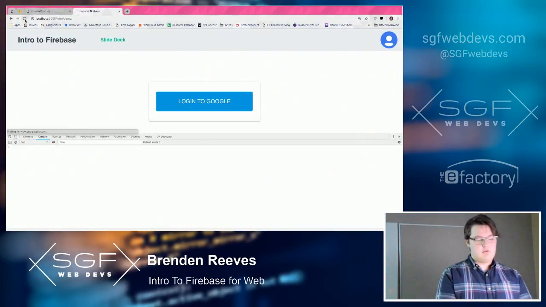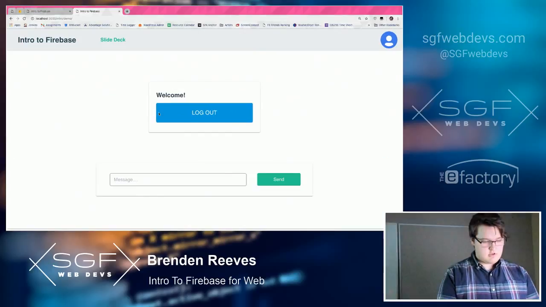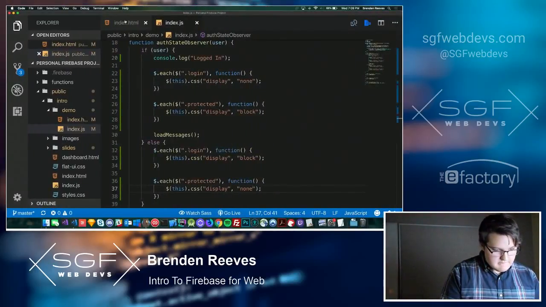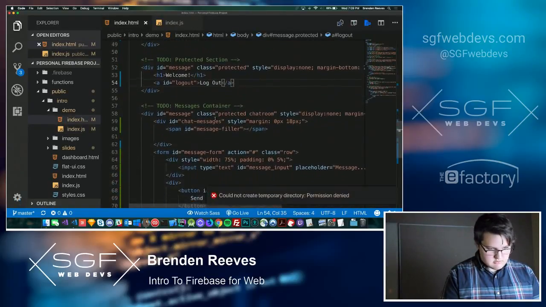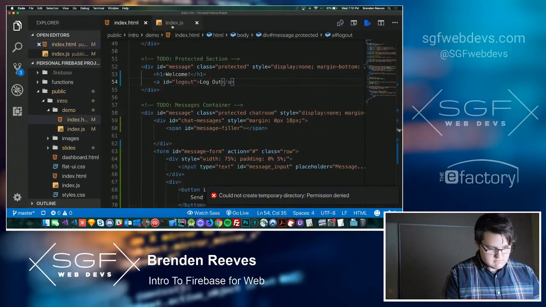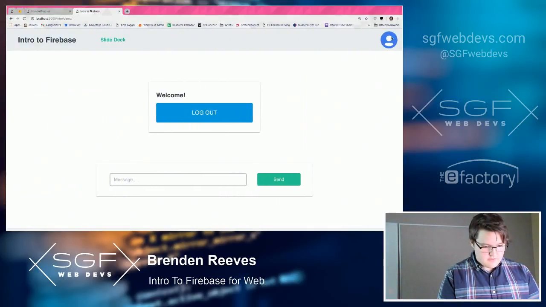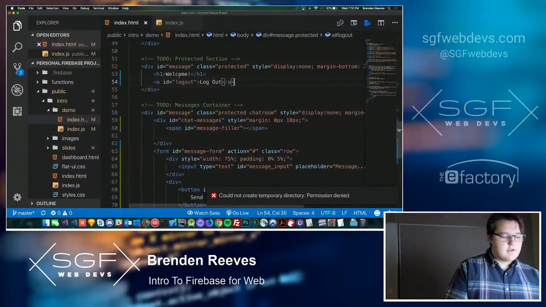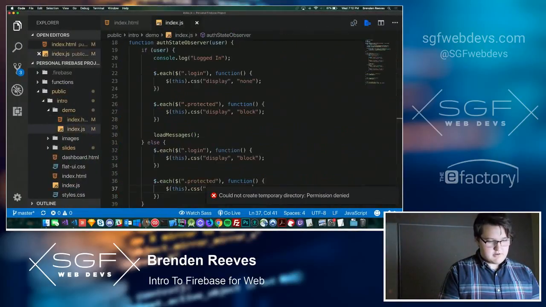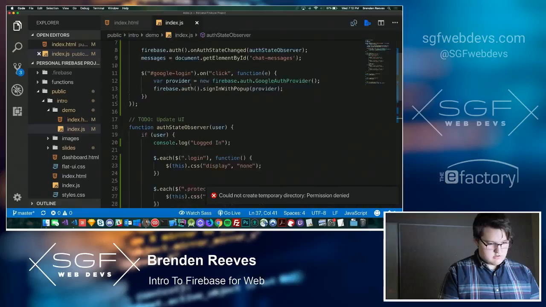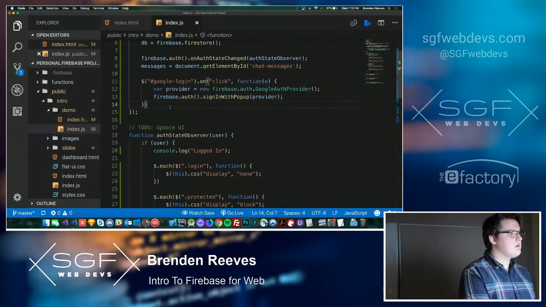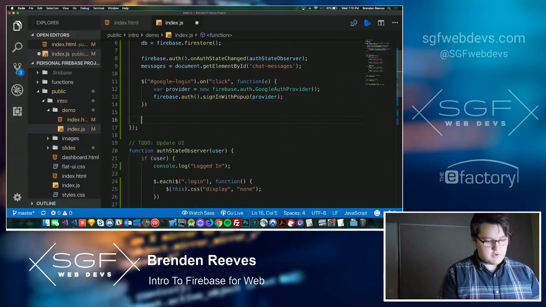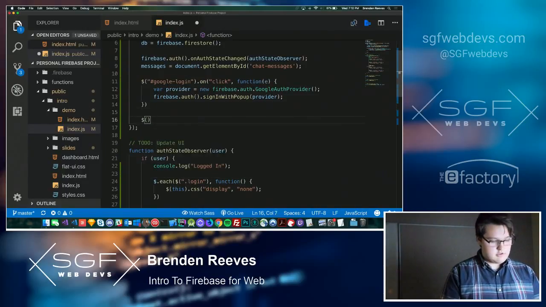So, that's not working. That's protected. I think I'm still logged in. Let's go ahead and wire up this logout button. So in our case, for our logout button, it's going to be super simple. So if you ever need to log out a user in Firebase,